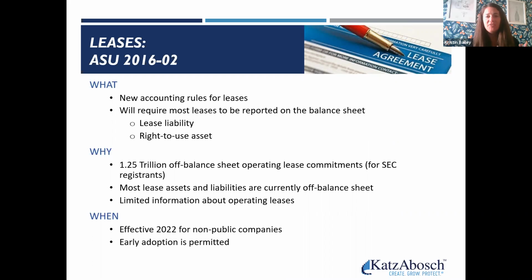Currently, under the current framework, there are two types of leases. We have a capital lease, where you would lease an excavator, and you put the excavator on your balance sheet, and you put the liability on your balance sheet. Then there's an operating lease, and this is for copiers and office space. Currently, nothing goes on your balance sheet. You just expense those as incurred.